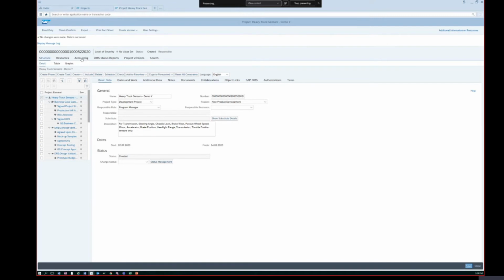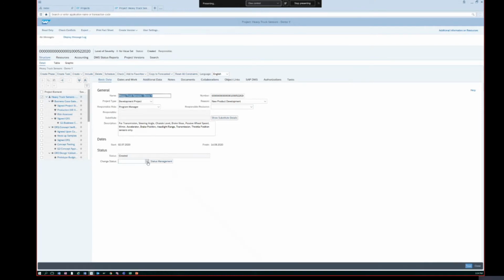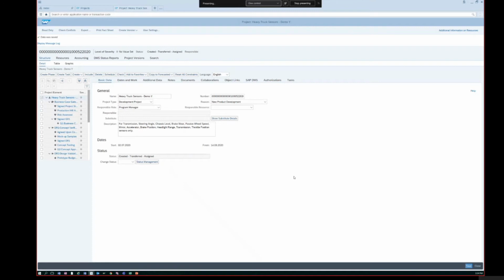PPM, there are 2 options for doing your cost estimates and transferring those costs to the back-end ERP system. One is to transfer your cost to an SAP internal order. It's a cost collector, an object to cost, a kind of a cost collector to collect your costs. So since I'm ready to transfer my cost, I will set the status flag to transfer. So what it is doing is, in the back end, it is creating an internal order. I go to my accounting, and if you see here, it created my